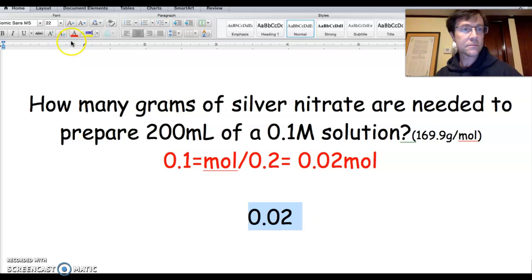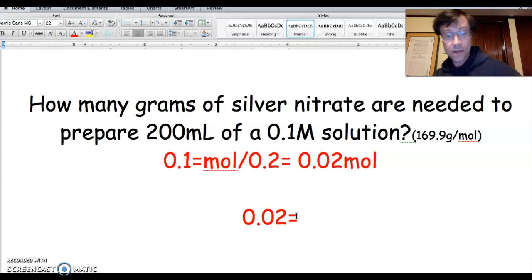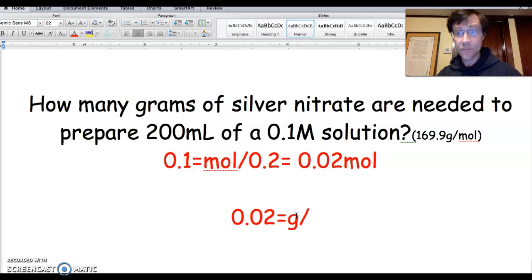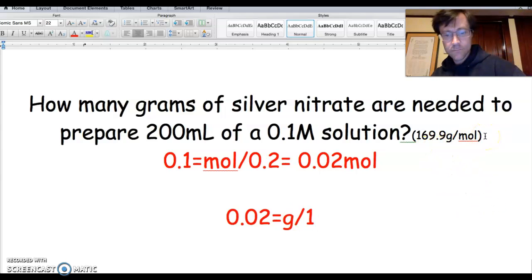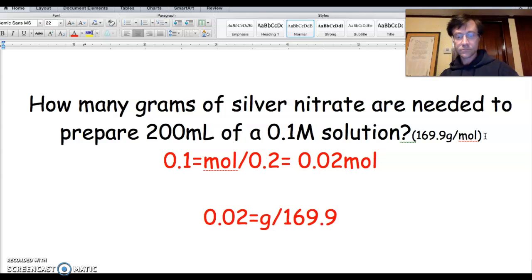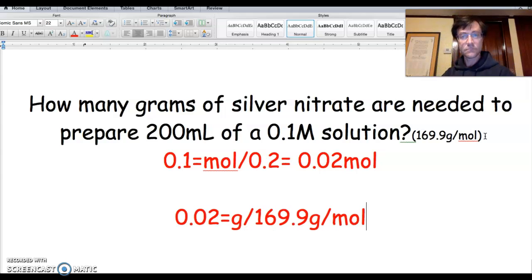My number of moles is going to be equal to grams divided by my gram formula mass, which I've already done for you. You dig? So it's going to end up looking like this. Grams is going to equal